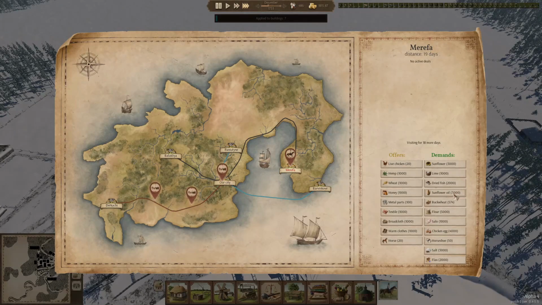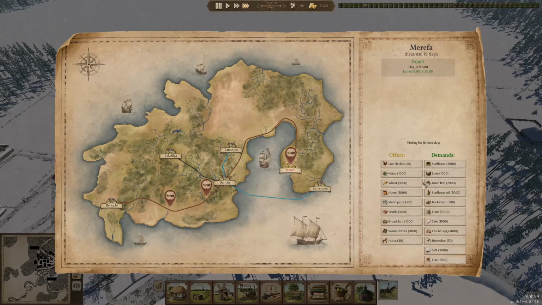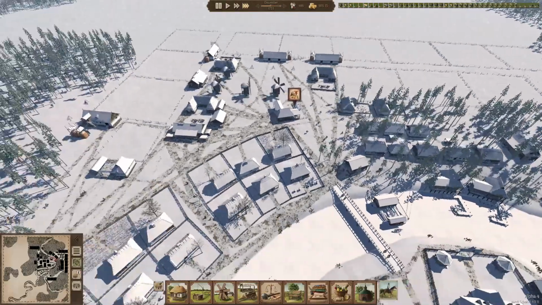Alright. What do they demand? Well, lime, fried fish, sunflower, buckwheat. We don't have anything to sell. Oh, we can sell them flax, which makes a good amount of money. So let's sell them some flax. That's fine. Do we need to buy anything? I don't think so. Luckily we got some extra money again, so...